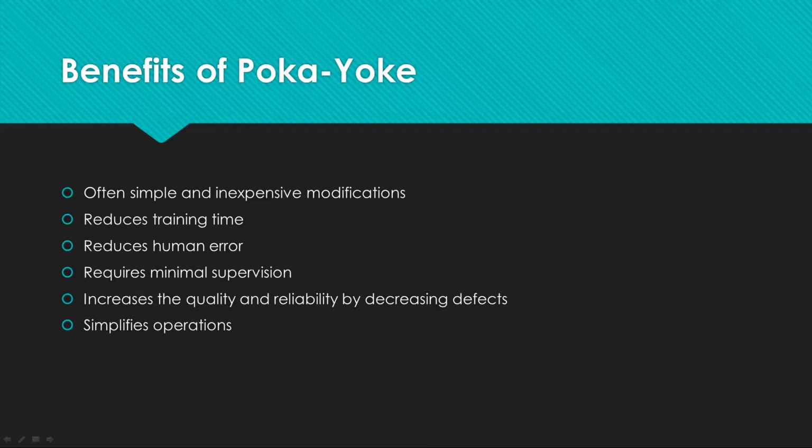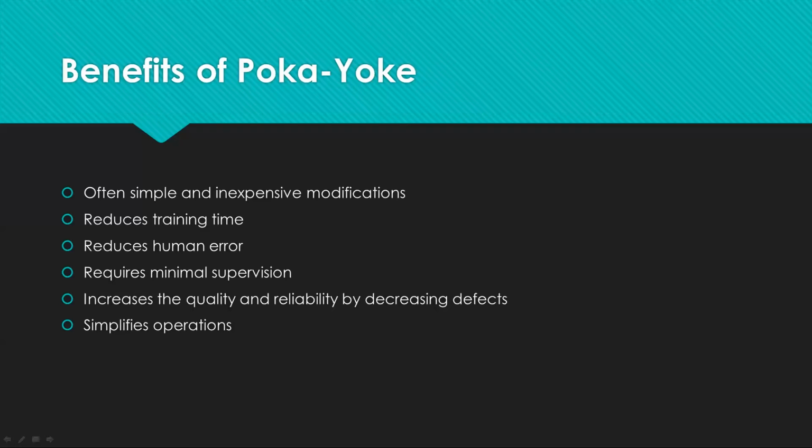So some benefits of Poka-Yoke are it's usually just really simple and inexpensive modifications when you design the product just to make it so you can't really make a mistake. It reduces training time for your employees. It reduces human error, and this is for the employees while they're manufacturing, as well as customers, like using the USB cord, for example. So it just reduces human error,